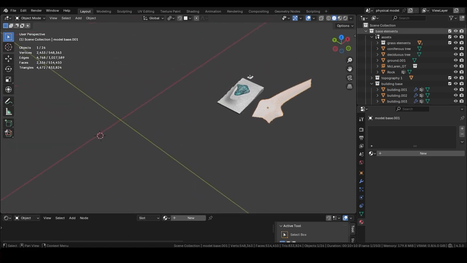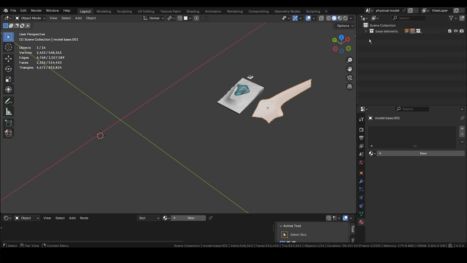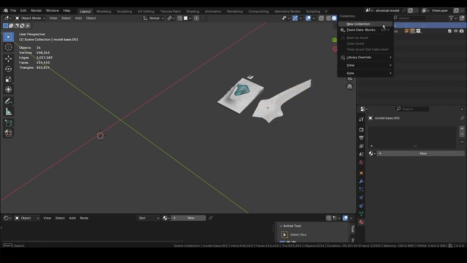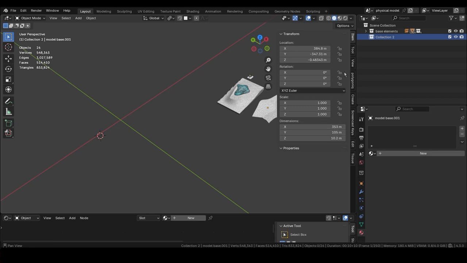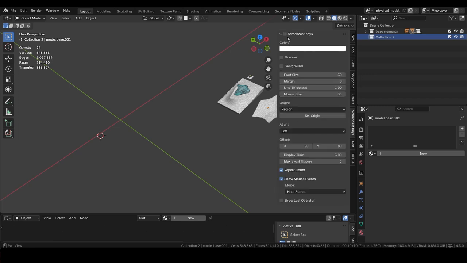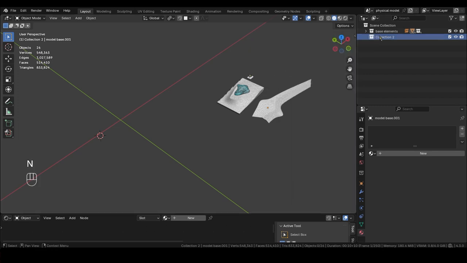So let's get started. First, we begin with this first scene, which is the physical model. And this is a scene that already exists. We will create a new collection. F2, enable the screencast keys, press F2 and call it physical model,